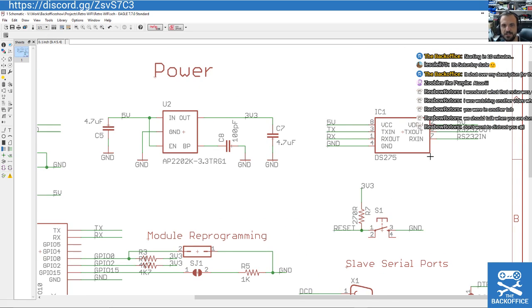We also have here a deprecated chip, and we're using them because I've got a bunch of them basically, and these chips are